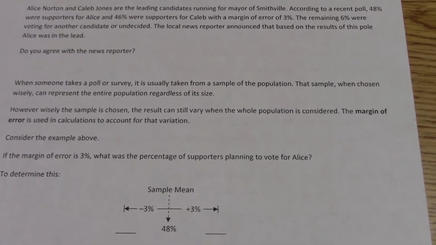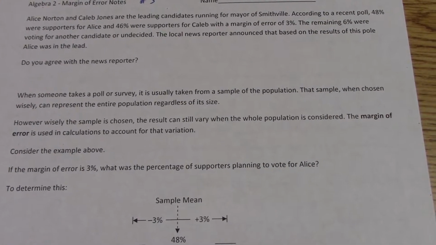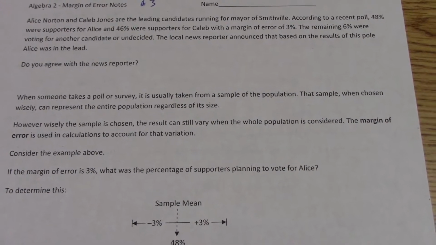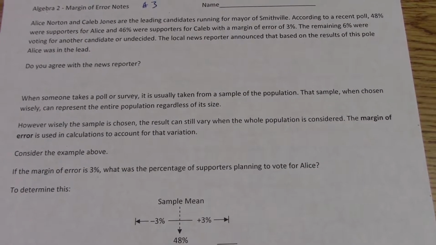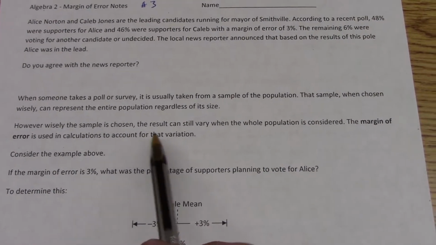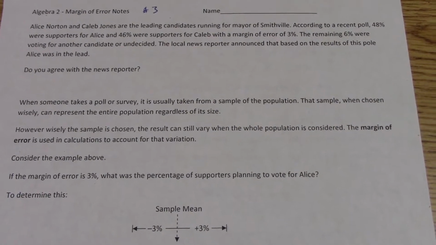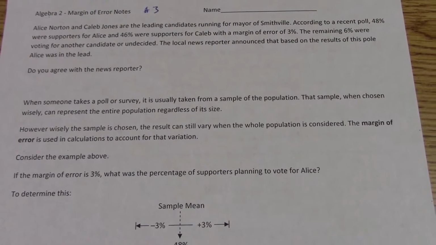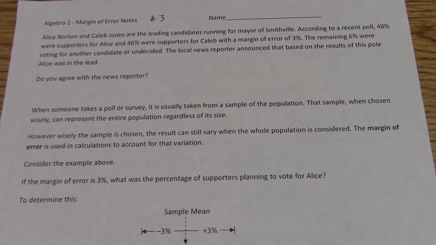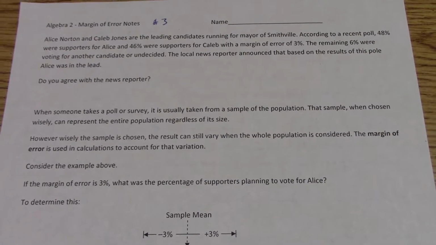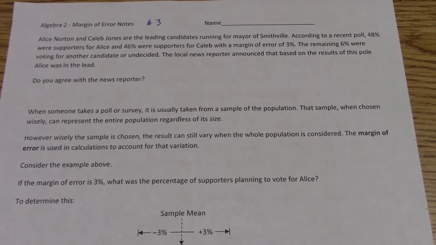No matter what poll or survey you take, generally what we do with statistics, and I've mentioned this before, is we look at a sample of a group. We take a small sample of a group and then we make generalizations about the entire population. And so you can see that the sample, when it's chosen well, can represent the entire population. And a lot of statistics is about how well the sample was chosen, and either quantifying that, putting a number to it, or looking at it more qualitatively, like what kind of bias could be there, or what could have produced results that we were not desiring.